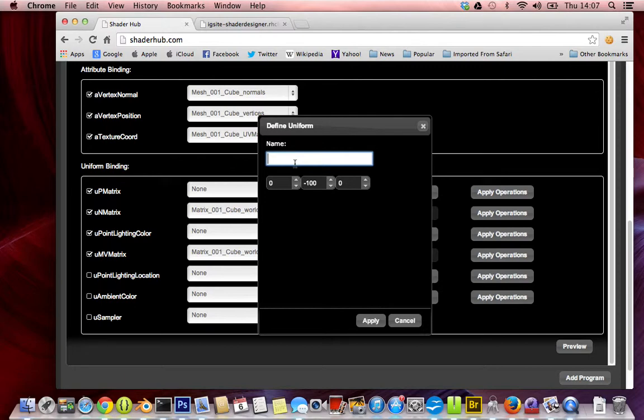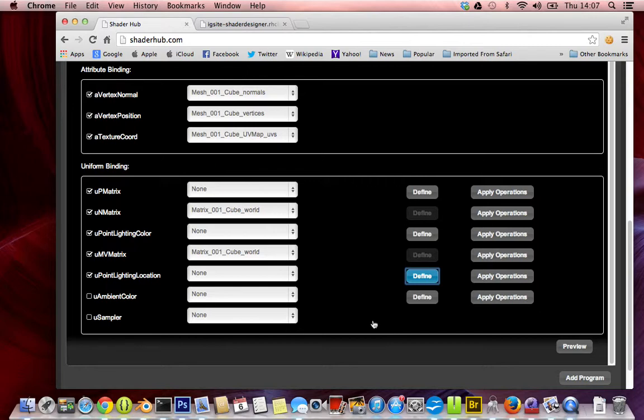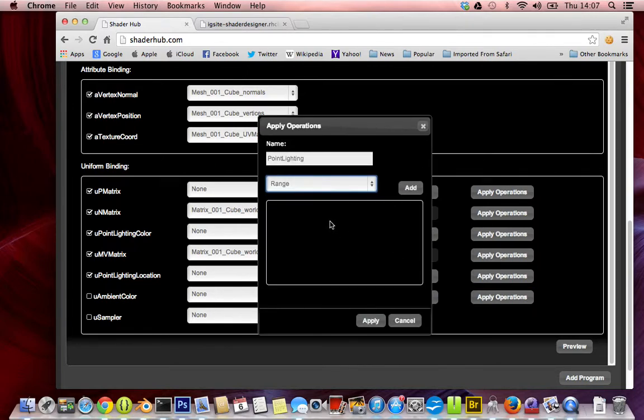But anyway, so that's point lighting. Obviously there's left and right-handed as well, so minus is sometimes towards you and sometimes away from you,